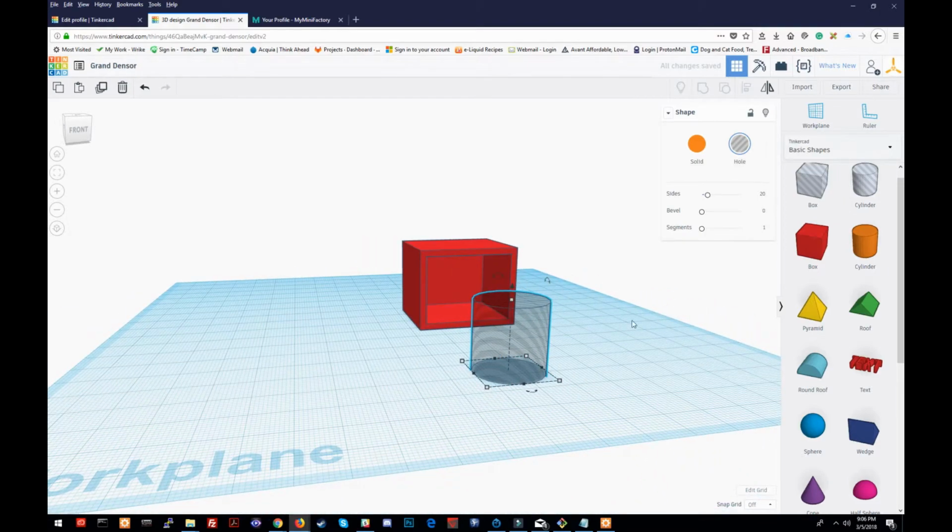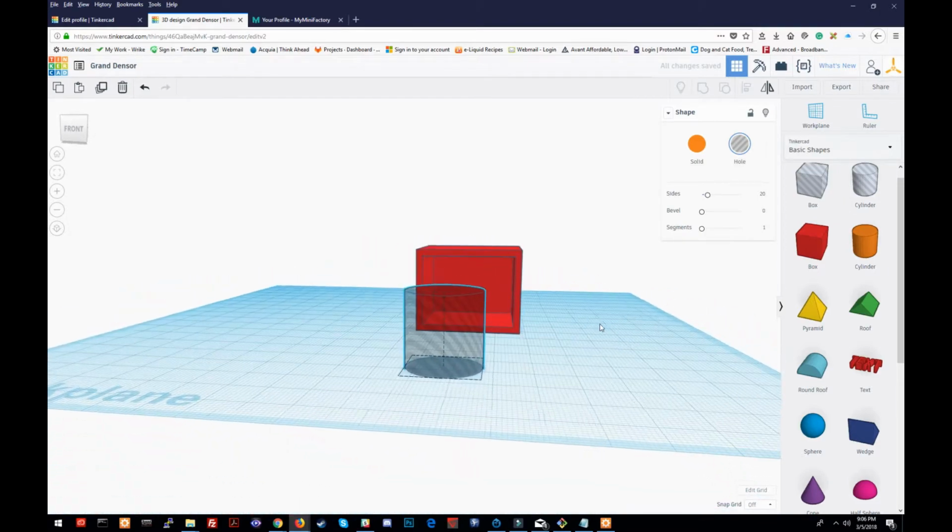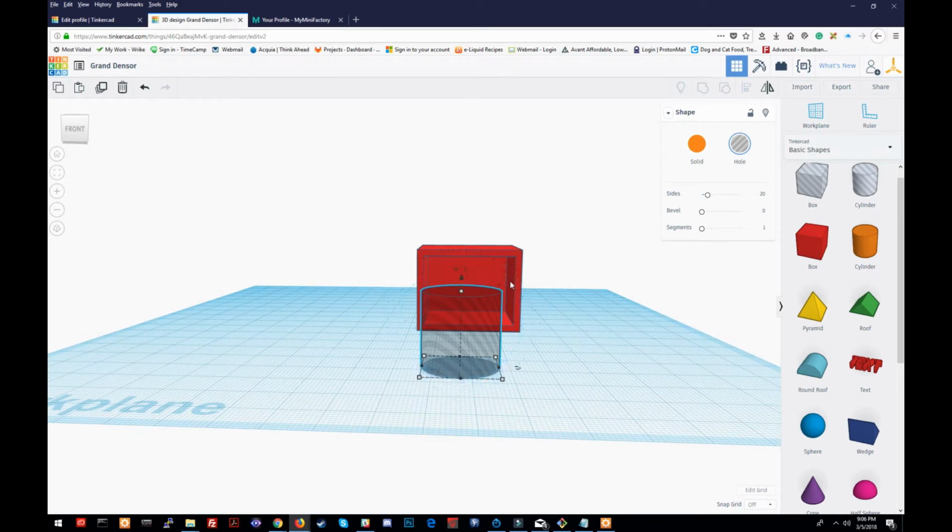So we grab a mesh circle, we're going to rotate it around to 90 degrees. Now there's several rotation things, you just got to make sure you're grabbing the right one. And sometimes when you let go of that, the number will change on you. So make sure you're checking that and just put it to the right degree you want. So I've got a 90-degree hole,